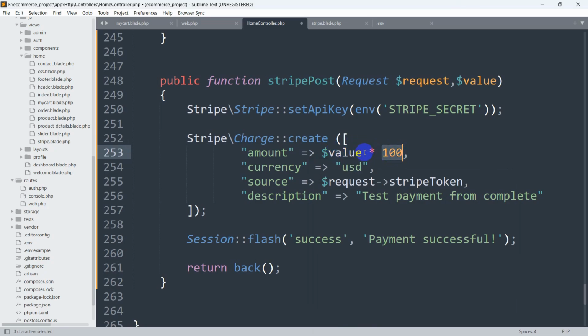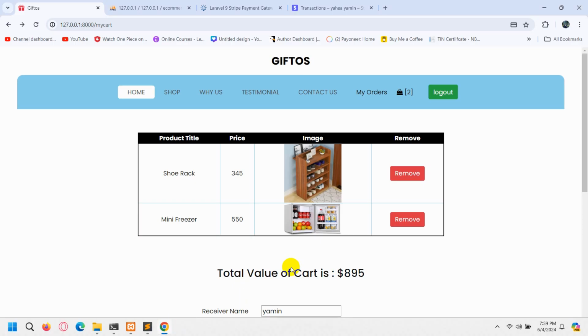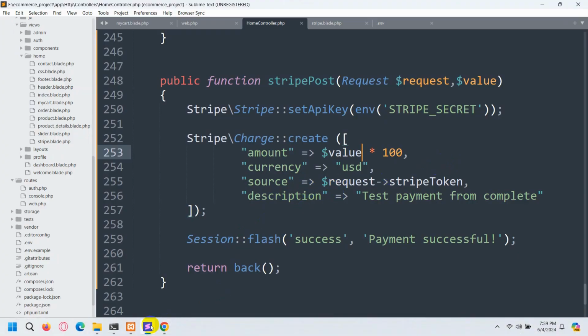Why 100? Because let's say if we write over here 100, so if we write 100 into 100, it means around 10,000, right? 10,000 means $100. So we're going to set dollar value into 100. So it will make total $895, I mean whatever amount we have. So right now if we just save,